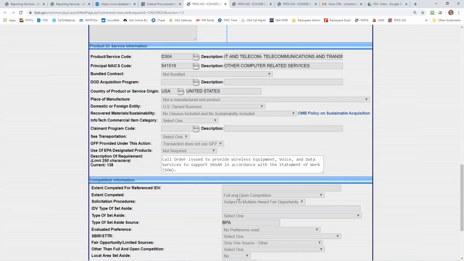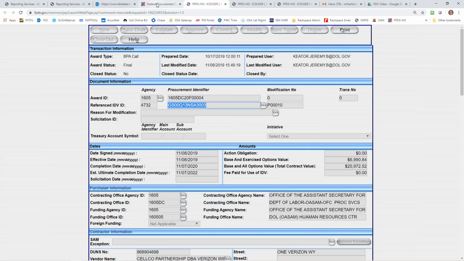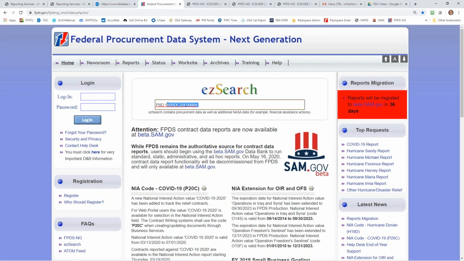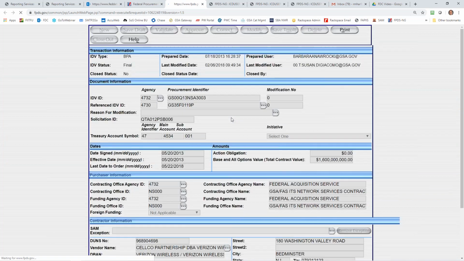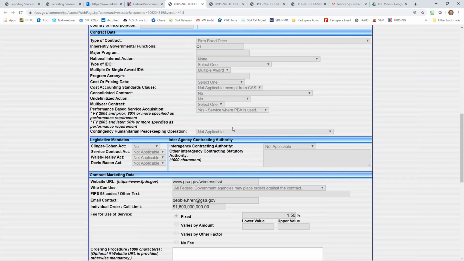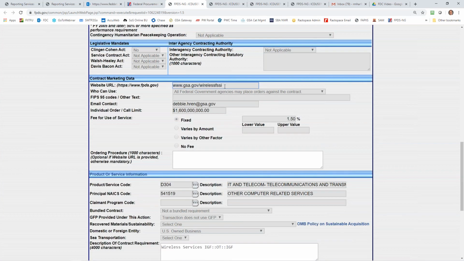And let's look at the associated IDV, which is a Part 8 BPA, Part 8. And here, in the contract marketing data, you can tell what domain it's a part of, FSSI wireless.